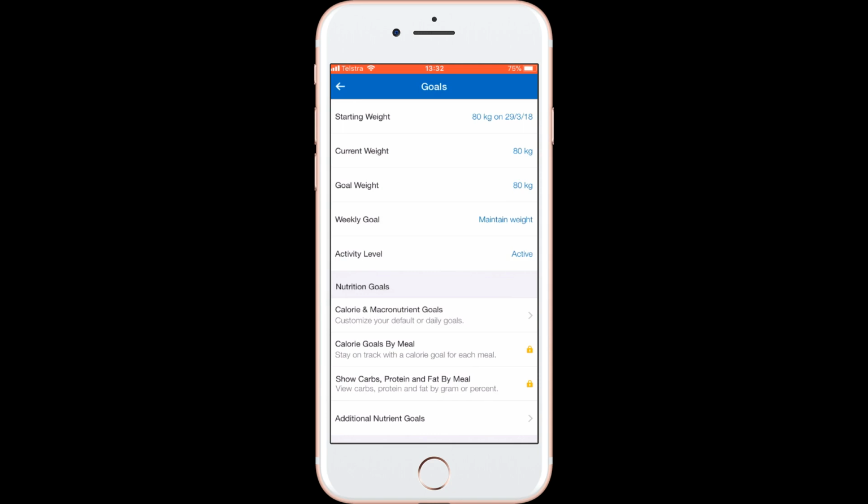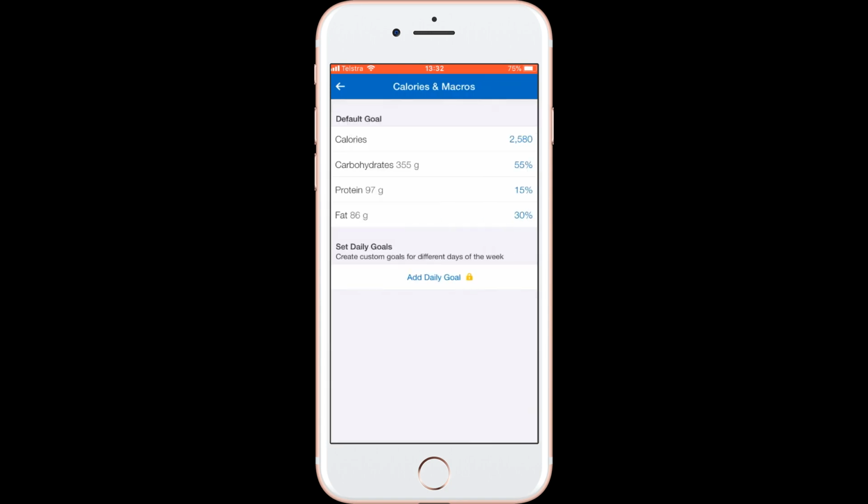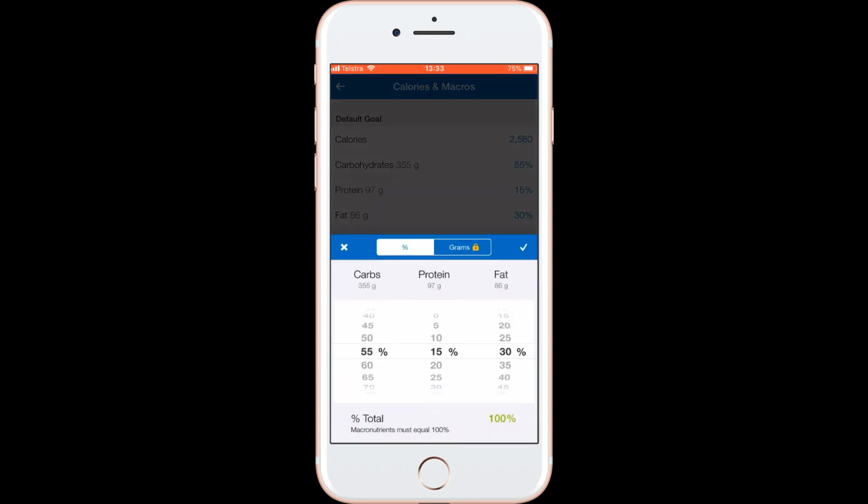If you're only on the free version, this is one of the best ways to get as close as possible to your daily macros and calories without having to pay for premium. If you decide to pay extra and go to premium, you will be able to put in your exact macros and calories. For the free version, all you need to do is click on the macronutrient